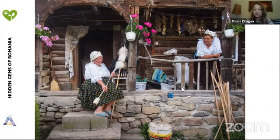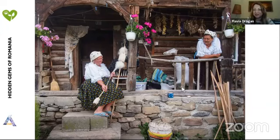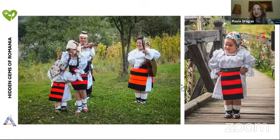You can watch the locals doing their daily chores in the old-fashioned way. Like I said, Maramures is a living museum, a trip back in time. So these kinds of scenes are very common. Everything here is about pure joy and the celebration of life. And that's why we will have another song which is like a tribute to Maramures, called Maramures, a land with flowers. But first,